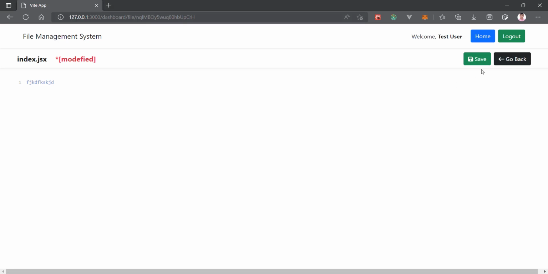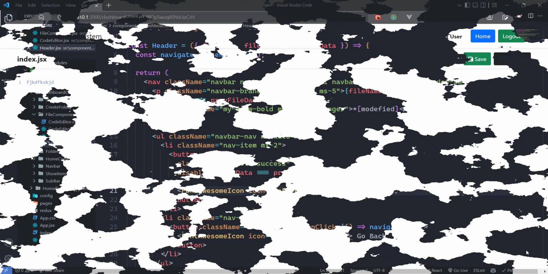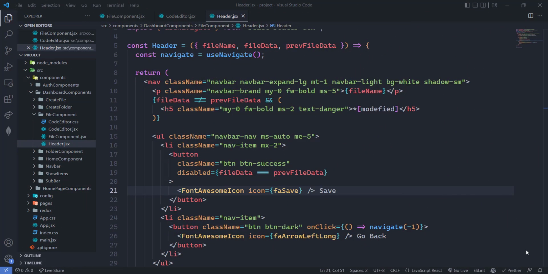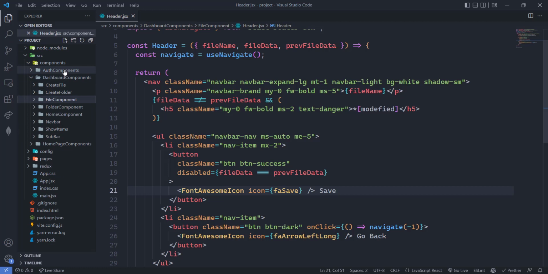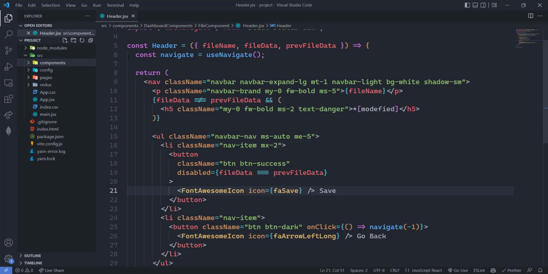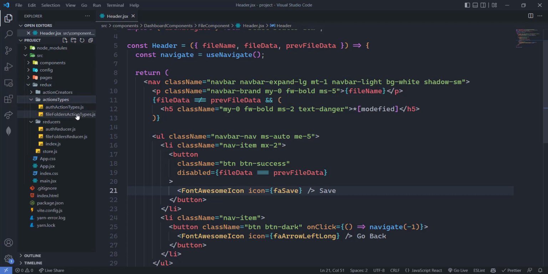So now let's move and make this save button working here, so that user can save the file, and when user will go back and open the file again, our data will be modified. So let's do that. First of all, we will create the action creators and action for this one here, because we have to pass the data to the Redux as well. For that we just need only header.jsx,